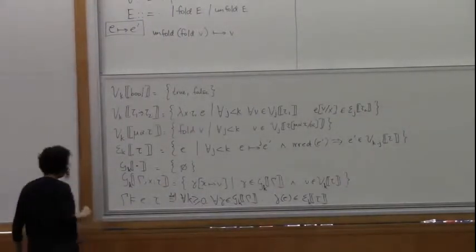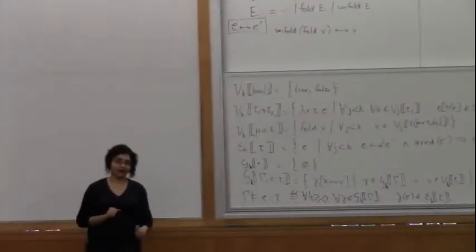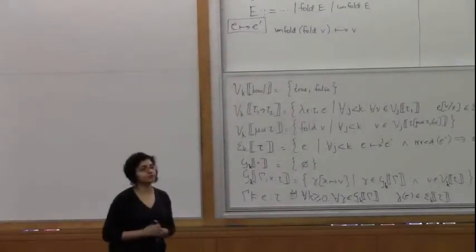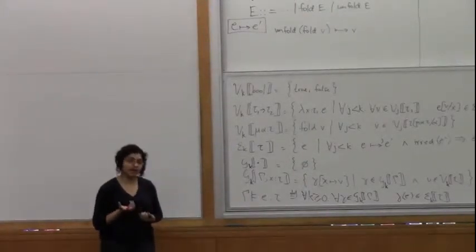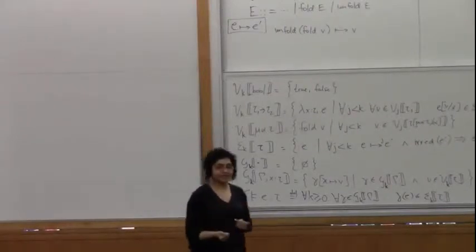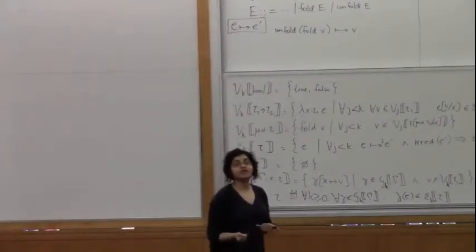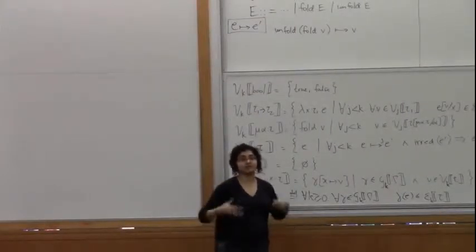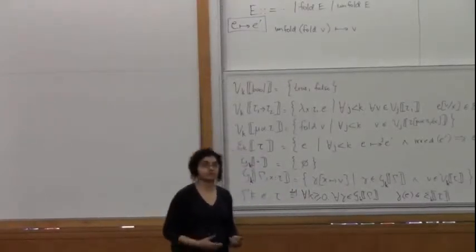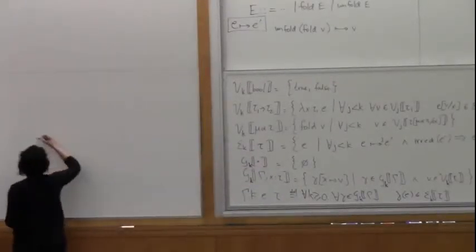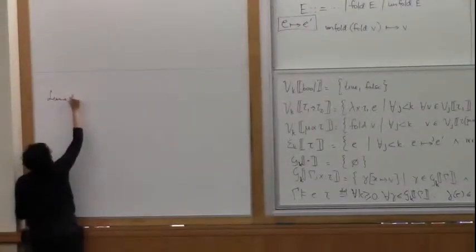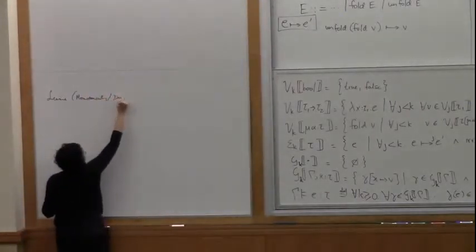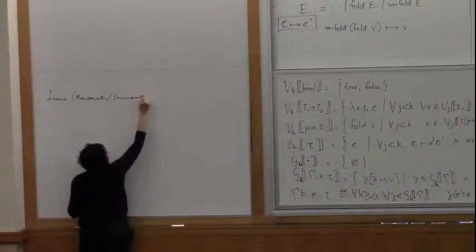Actually, no, before I do that, when I stopped yesterday, we were talking about this monotonicity lemma, or this property of types that they have to be downward closed. The intuition being that if you have a value that behaves like it has type tau for up to k steps, then it better behave like it has type tau for fewer than k steps. That just makes sense given the intuition that we've been using for steps. So we have this important lemma. We call it monotonicity, or often in papers you'll see it called types are